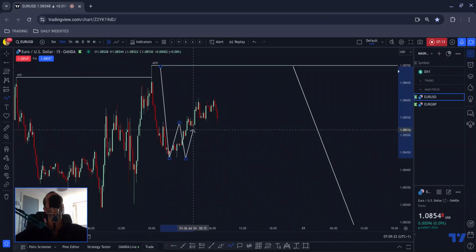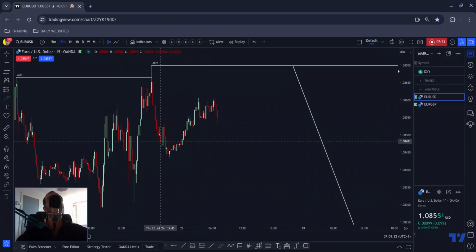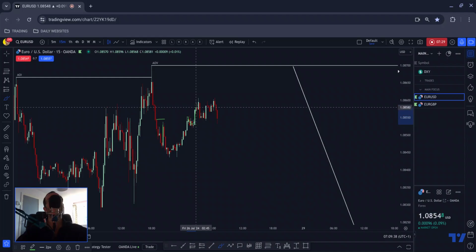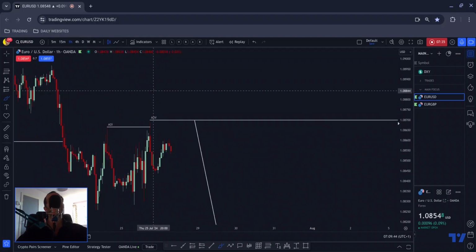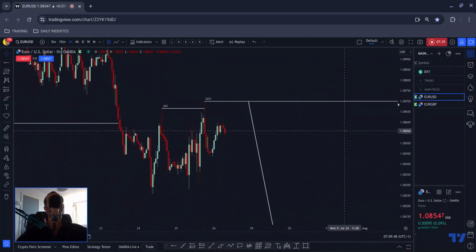So I did my evening forecast last night. I was looking for a three touch like that, 1 2 3, and I would have looked to get short. However, what's price done? It's communicated that it didn't find enough liquidity at this sharp high to send it to the downside, and instead it's broken up and it seems to be forming a new structure. So what is price doing? Well, price is doing at this moment in time, unless it shows me otherwise,